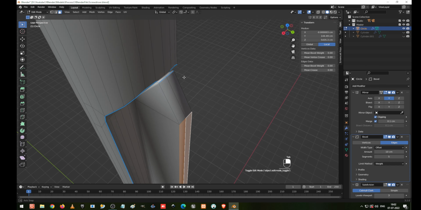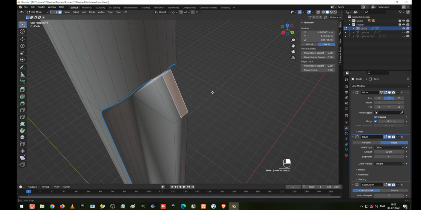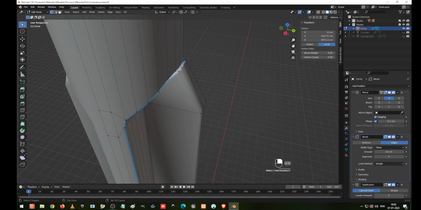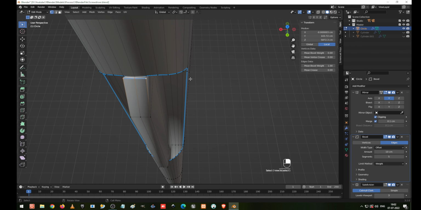So this one we have to go to the vertices selection, select these vertices and double G to move towards here,